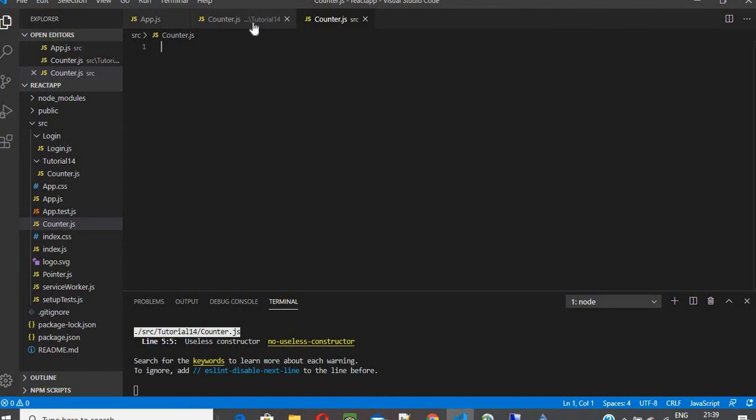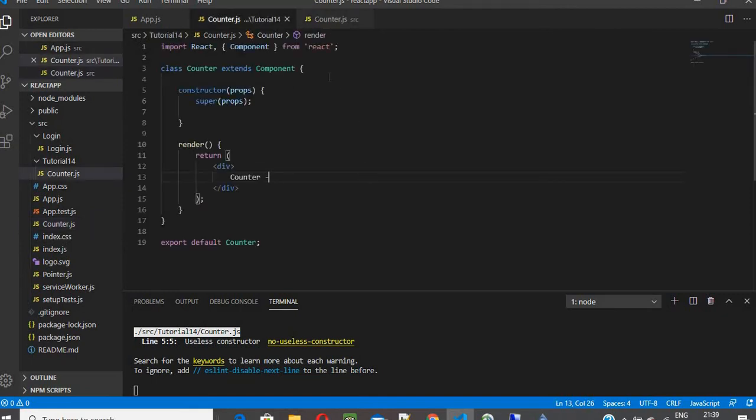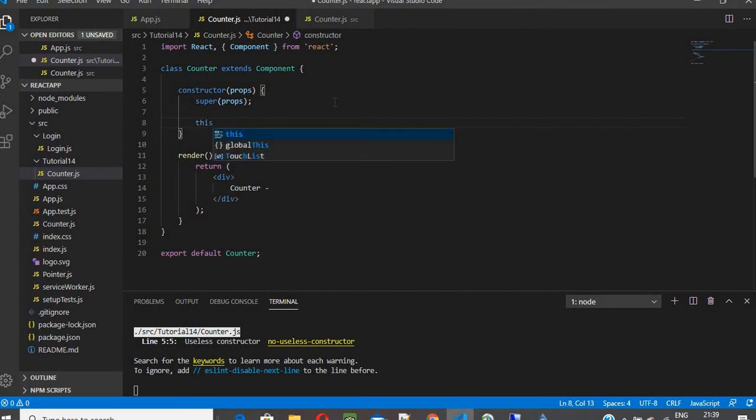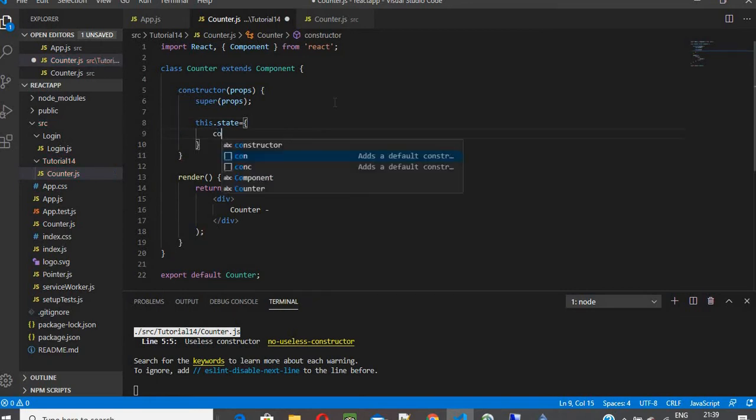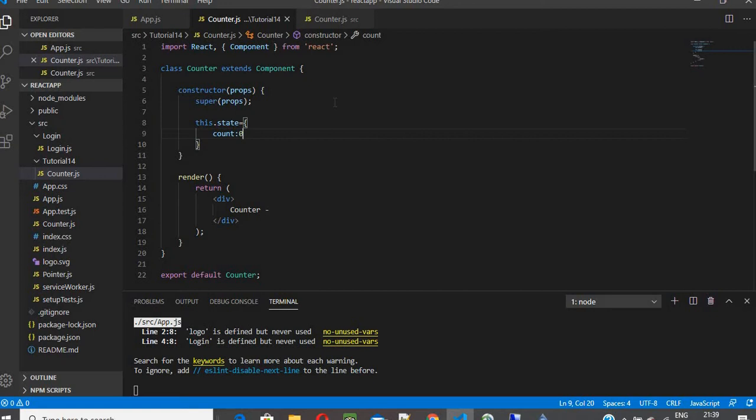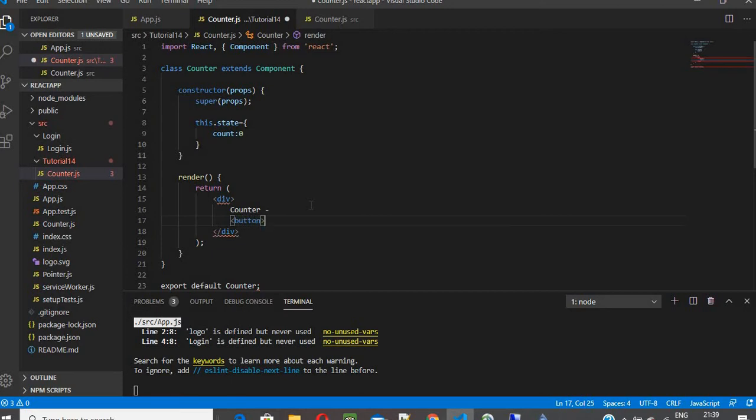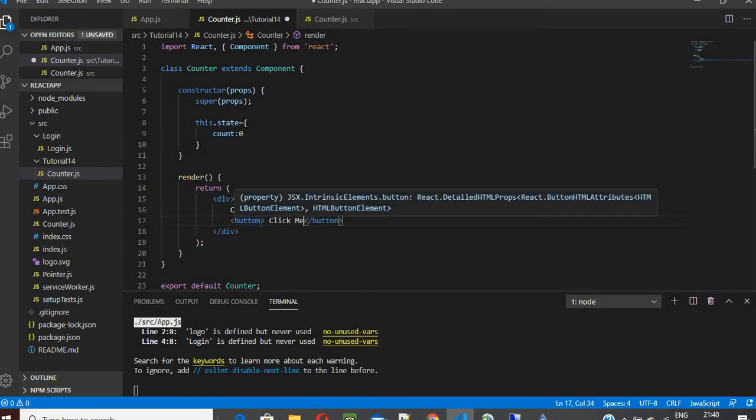So I'll do some examples. Let me create one state, and when I mean state variables, this.state equal to, and let me add a variable called count: 0. I want to increase this particular count each and every time a button is clicked. Let me create one button inside the file like this, button, and I'm going to keep a name for this button, say Click me, and I'm going to have an onClick